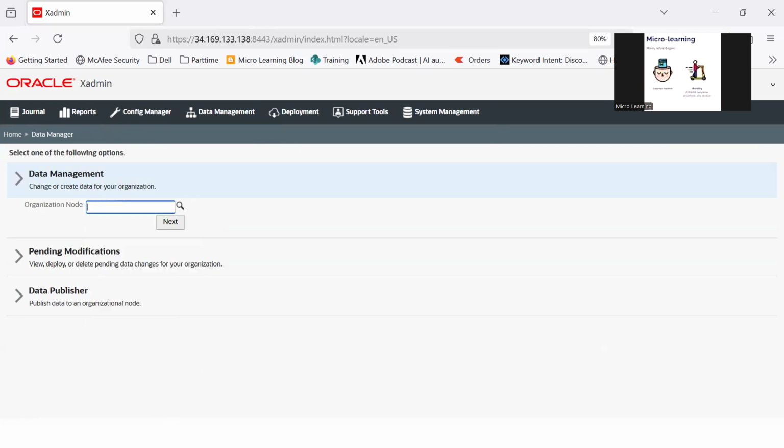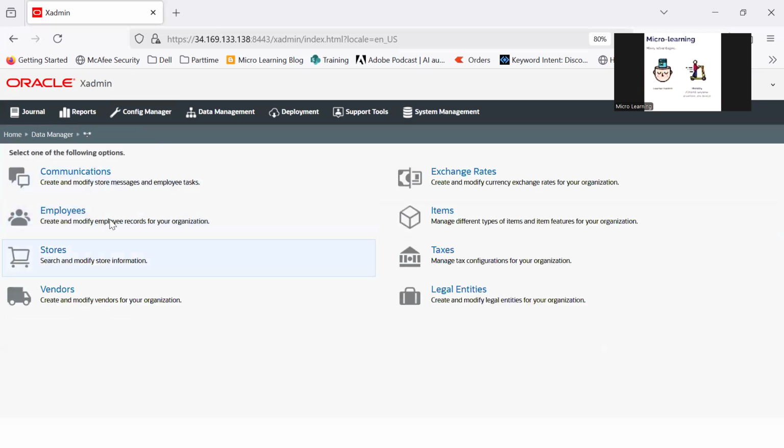If you want, we can select the complete RRP also, and then you will be able to create that. So remember, using data management, we will be able to create this data: items, meaning merchandising items and non-merchandising items, all the tax data, exchange rate, employee information, communication, employee store messages and employee tasks, vendor details, legal entity, tax information, exchange rate. You will be able to create these using the